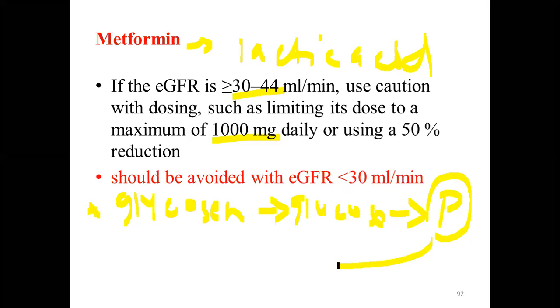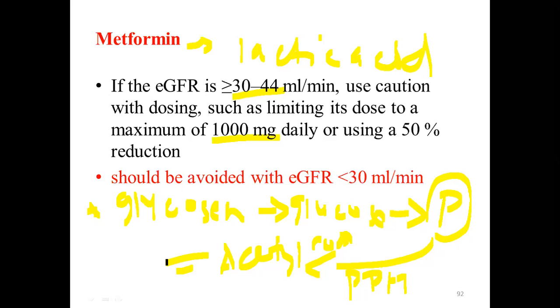Then this pyruvate undergoes metabolism by the pyruvate dehydrogenase enzyme, and there is a production of what? Acetyl-CoA. Remember, this acetyl-CoA is important for the Krebs cycle. It is one of the precursors of the Krebs cycle. So acetyl-CoA combines with the other metabolic products so that it can generate energy in the Krebs cycle, or that is the electron transport chain.